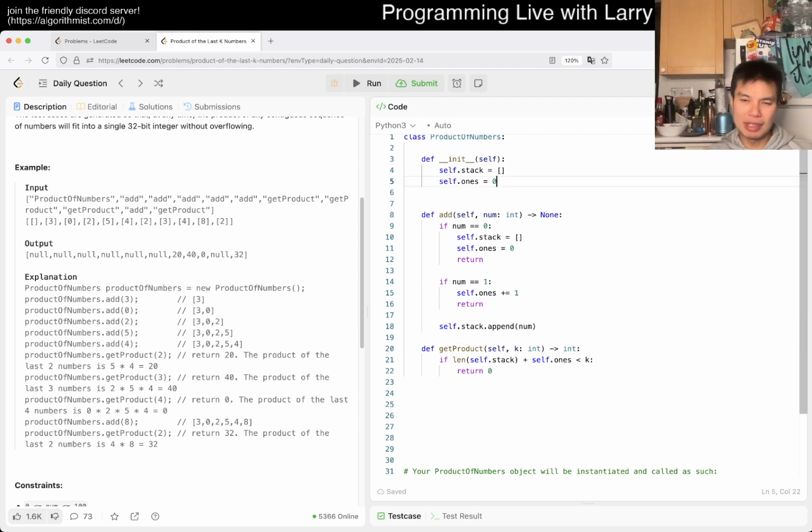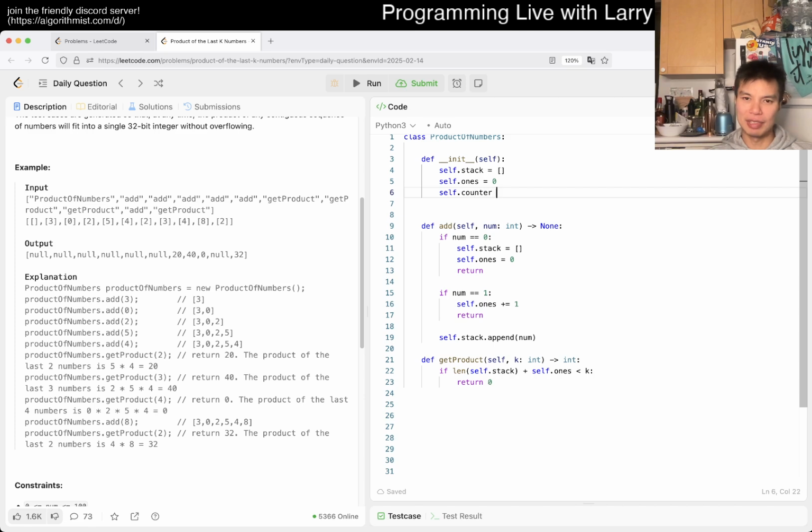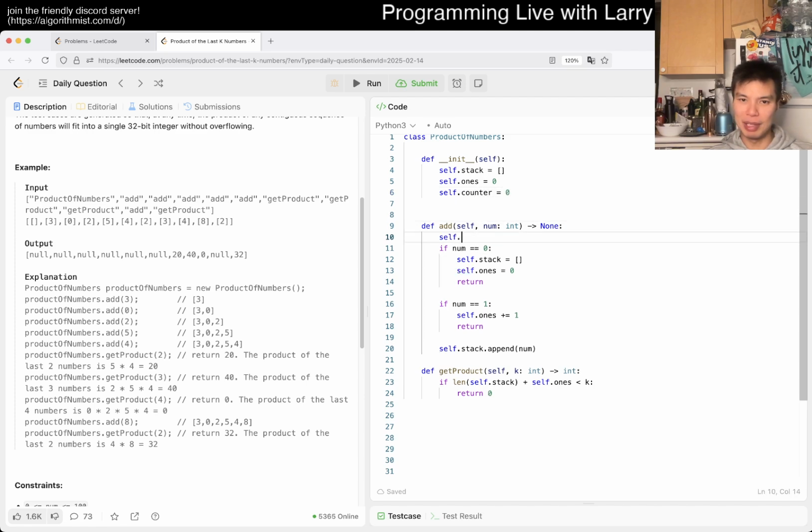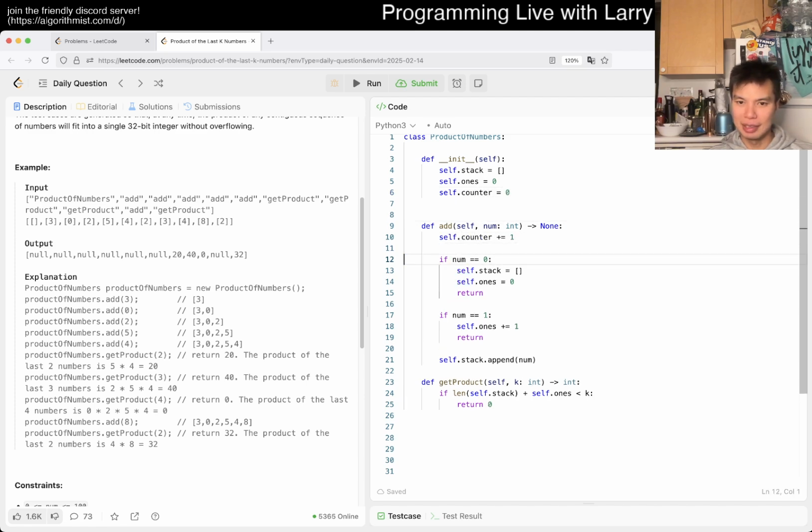But yeah, so maybe we just have a counter thing, right? And then here we always increment, say. And then when we append, we just append it with the counter. And then now we just go from the top of the stack. It's not even a stack, it's just an iterating thing, right? So we start with index is equal to self.counter, or not index. But the